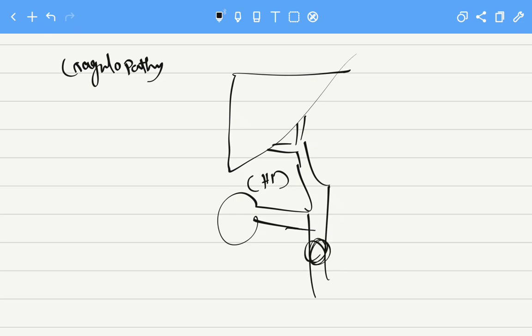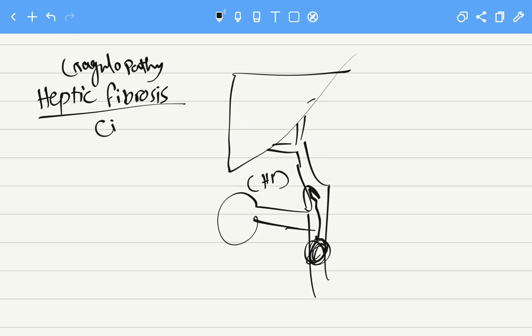If there is obstruction, the bile will go back by back pressure into the liver, and this may cause hepatic fibrosis. And this liver fibrosis or cirrhosis will affect the coagulation pathway,